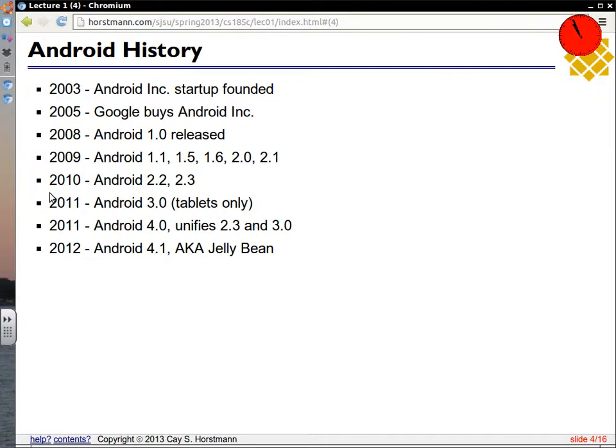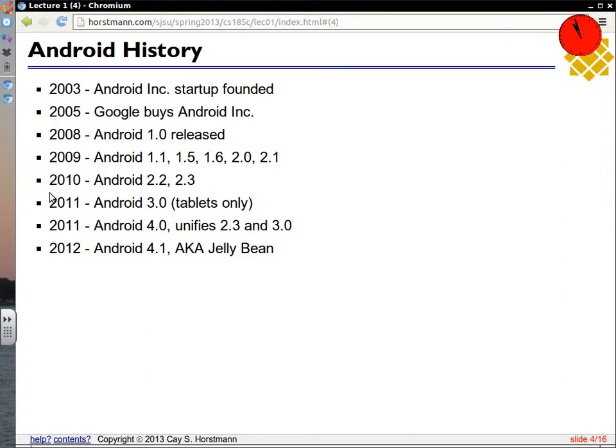And in 2008, so this was another 3 years later, so they weren't working at a very fast pace, as you can see, Android 1.0 was released. And so Google had a reference phone, and I remember seeing it. It was a truly wretched phone. It was slow, it was unattractive, it was heavy, and Apple was not exactly quivering in their boots.